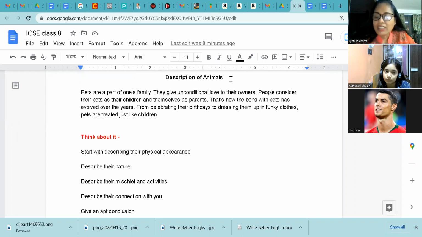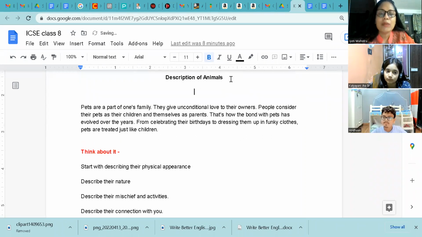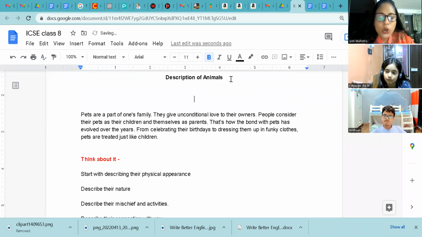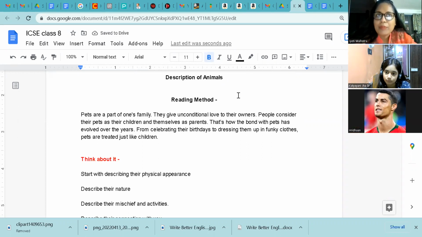And that skill is this. I'm going to type it on the board. It's a reading method. Children, do you know that there are various types of reading methods? Yes, ma'am, I knew it, but I don't know the types of them. Okay, so one is a normal reading method that you read in detail and you try to understand what you're